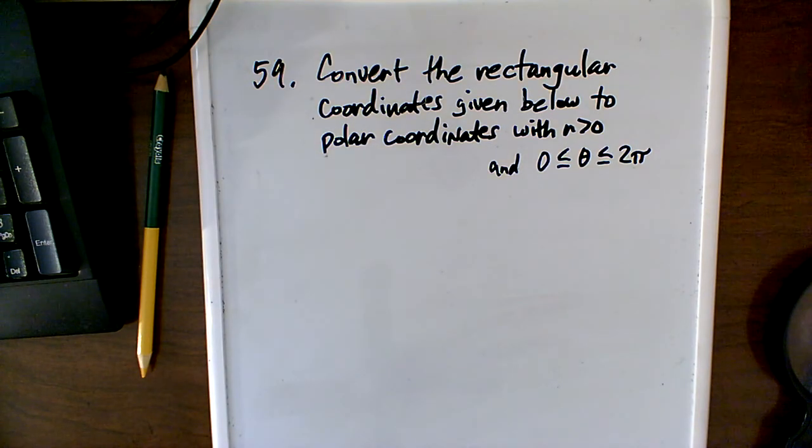Okay, in this video we're going to talk about converting rectangular coordinates to polar coordinates. Previously we may have done polar coordinates to rectangular. Now we're going to go in the opposite direction. So let's start with the first example,